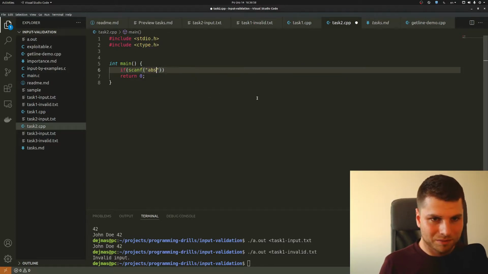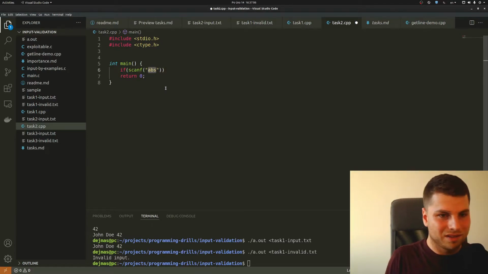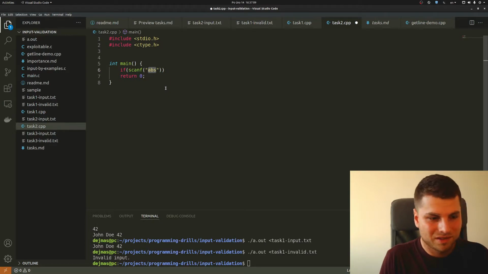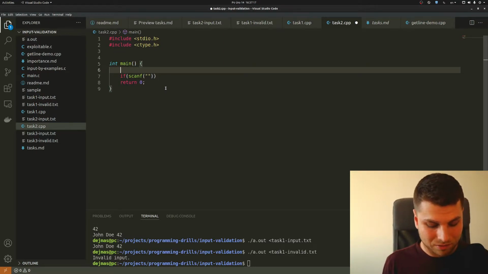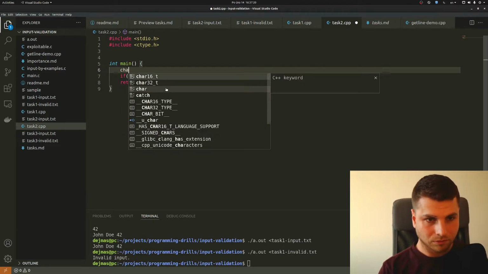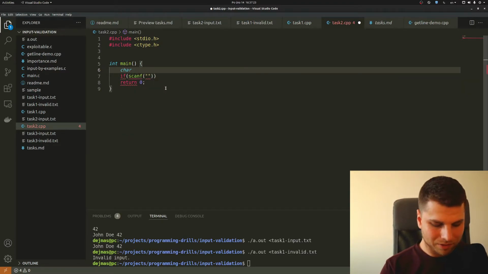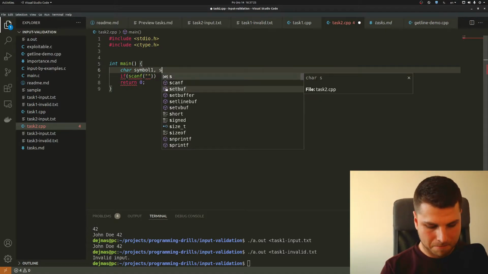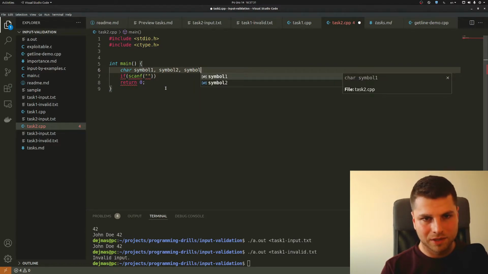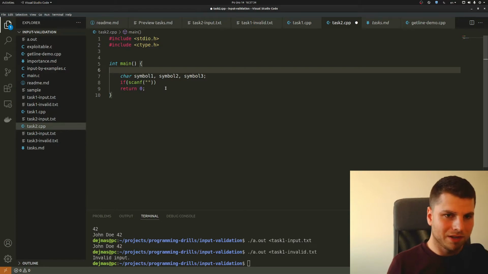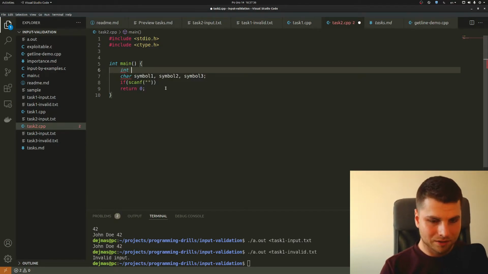Unfortunately we can't use this because it can be capitalized, or it can be also like this. Here it should be case insensitive, which this can't do basically. So we have to start differently. Let's do it like this: we will take these symbols, symbol 1, symbol 2, symbol 3 for A, B and C, and we will take the value